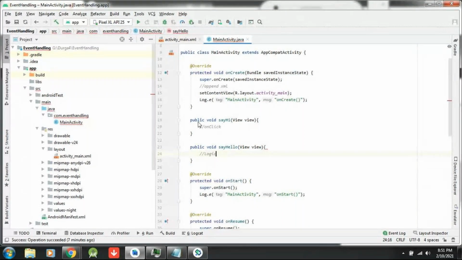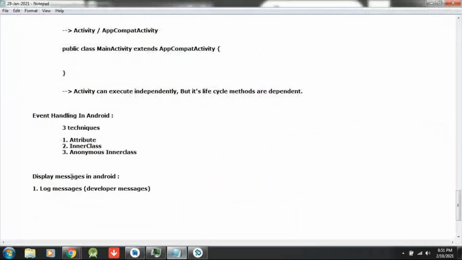Okay, so here, log messages which I told you yesterday are displayed for the developer, but if I would like to display a message for the end user, then in Android a kind of message is available which is called a toast message. Toast is a time-based message for us.